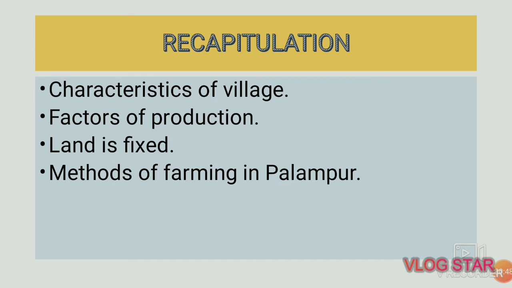What are the methods that are adopted in Palampur? We have seen that there are two kinds of farming practices. One is the modern methods, using high yielding variety of seeds and using threshers and machines for cultivation. And we have also seen that there's one more method called multiple cropping, where more than one crop can be grown on the same piece of land. So in this session,